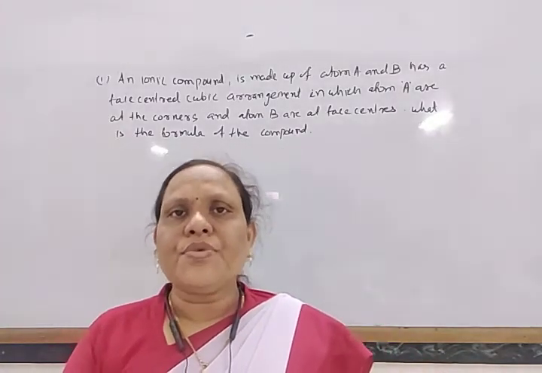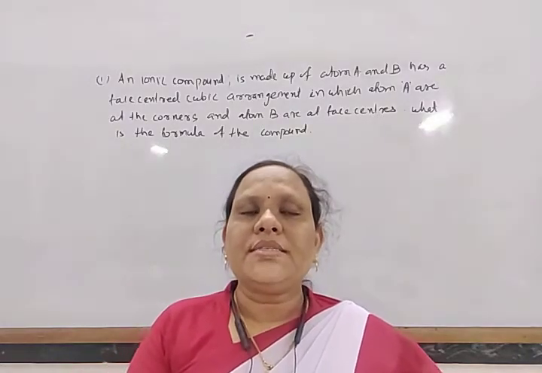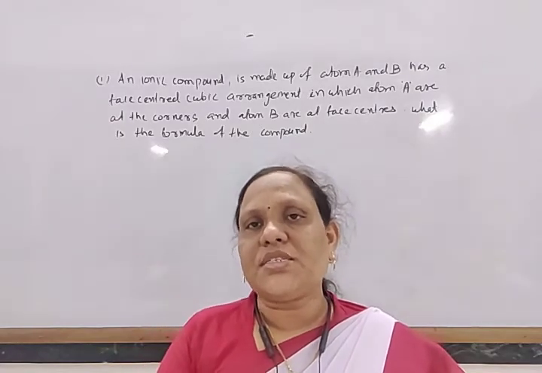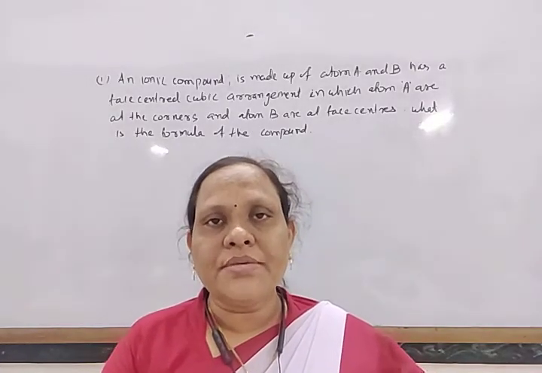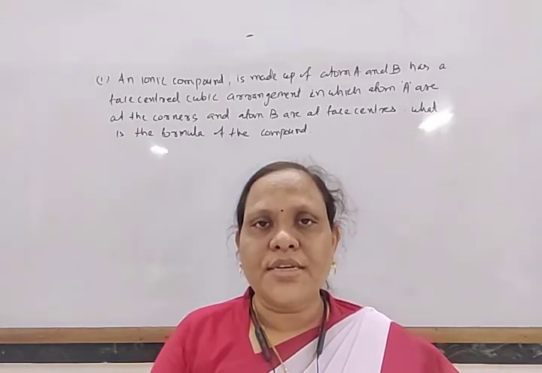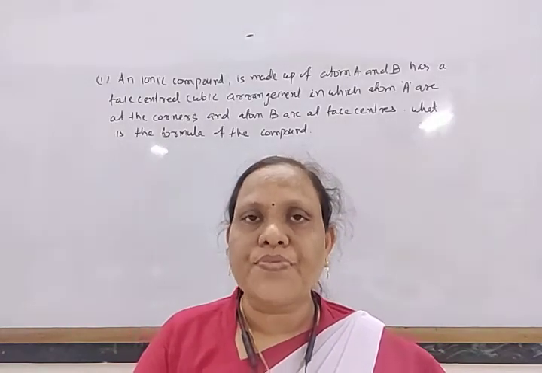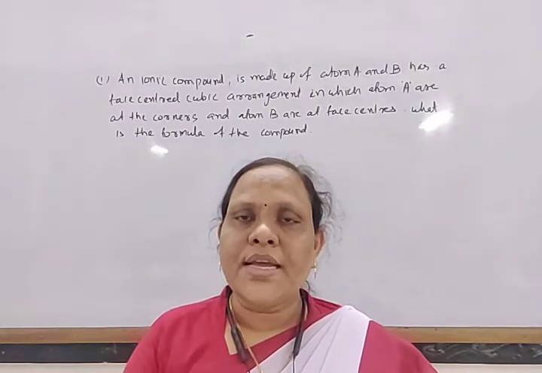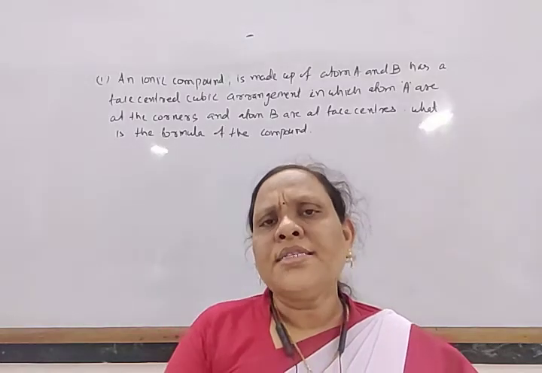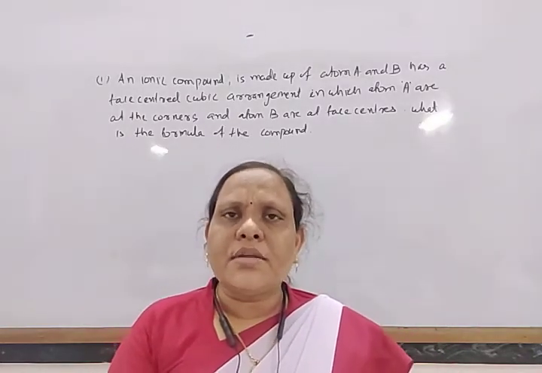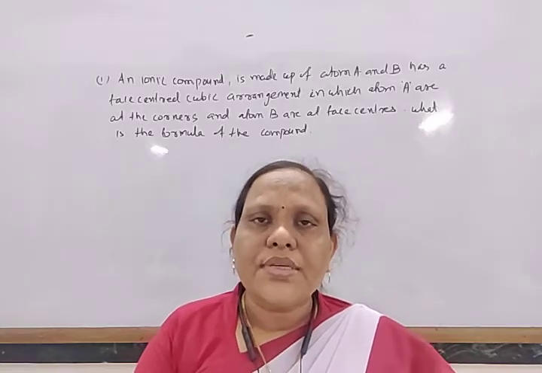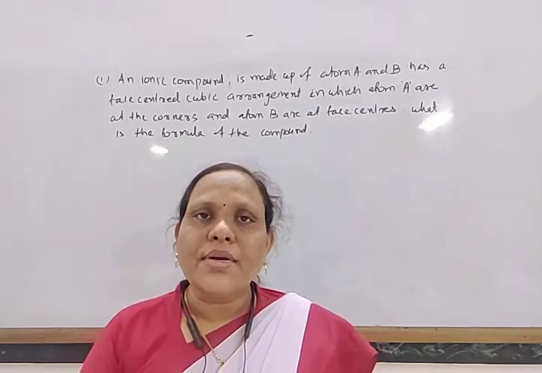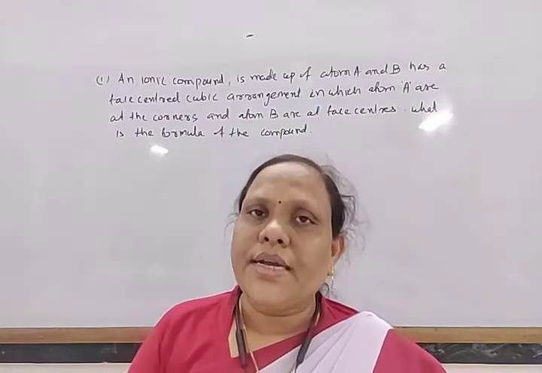And among the unit cells, we have also discussed the cubic crystal system, and this cubic crystal system is classified into three types, that is simple cubic, face centered cubic, and body centered cubic. And also we have calculated how many atoms are present in each unit cell. So in this way, by knowing the number of atoms in a unit cell and how these constituent particles are arranged in a unit cell, we can also derive the formula of a compound.